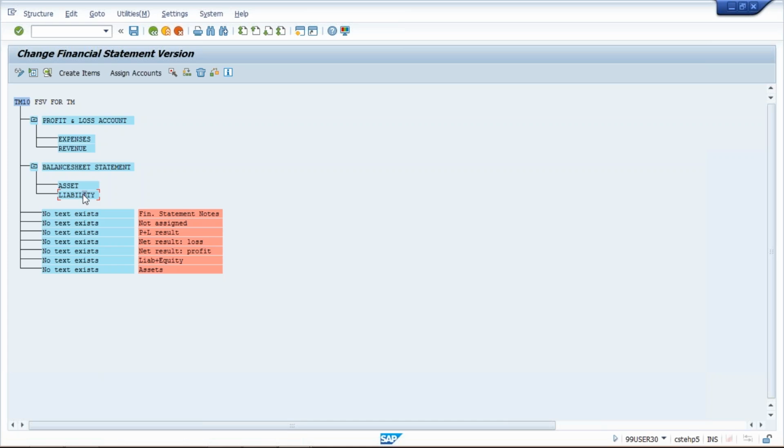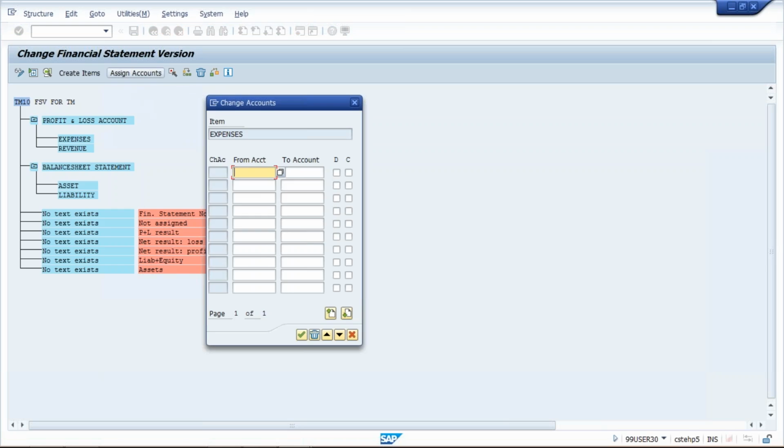then we are going to insert or assign GL accounts. We have to insert GL accounts. So see here, click on expenses and click on assign accounts. Now what will happen generally, till now whatever GLs we have created, those GLs we are going to assign, or else here I'll be assigning all the GLs which I have created, with the number range, so that in future you are not required to